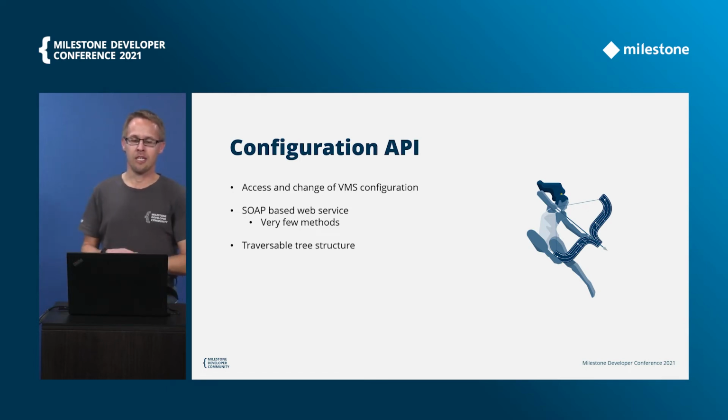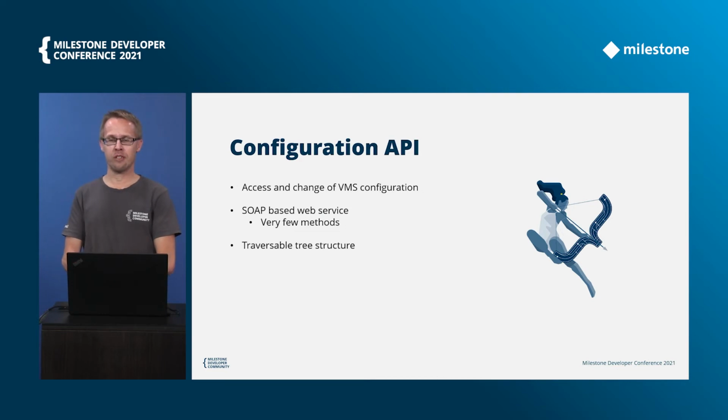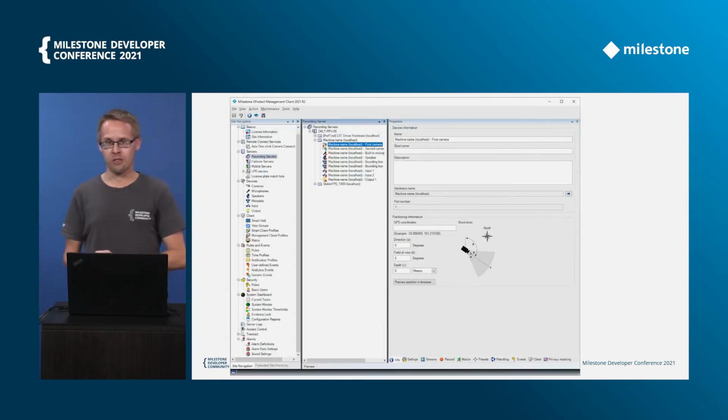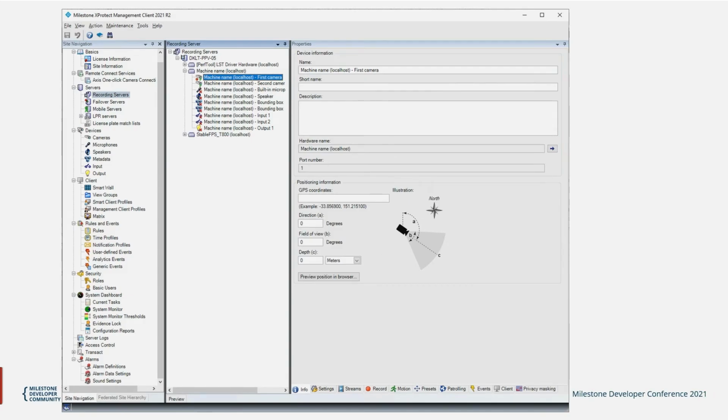And it's a SOAP-based web service with very few methods. I think it's like 6 or 7 you need to use in total, so a very simple one. And it consists of a traversable tree structure that allows you to basically dot your way through the various components of the VMS. So this is, as you surely know, a screenshot of our Smart Client, and we normally